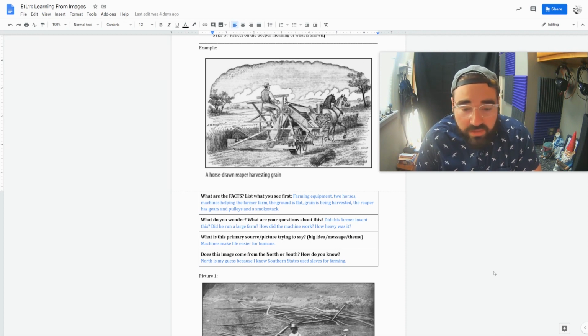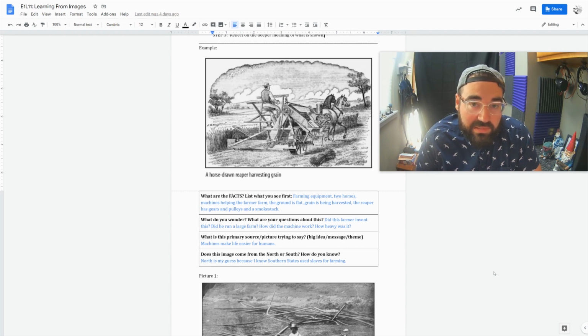So, when I look at the picture, I notice farming happening of some kind. There are horses. There is something that is being taken out of a field. To me, it looks like wheat, but it's hard to know. Some sort of grain. There are trees, and it looks like it's a fairly nice day. Clouds in the background. That's about it. I noticed that there's a machine that's being pulled by the horses that has like a bunch of